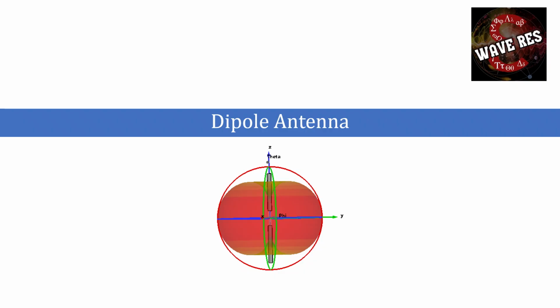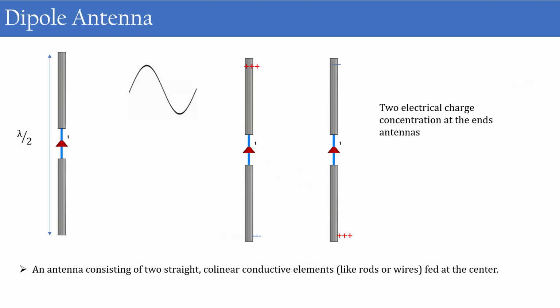In this video, we are going to explore what is meant by dipole antenna, how the radiation pattern from the dipole antenna looks like, and how the current and voltage distribution in a dipole antenna is. Let's see. A dipole antenna consists of two straight collinear conductive elements which is fed at the center. The length of the dipole antenna is half the wavelength, and we are feeding this dipole antenna with an alternating